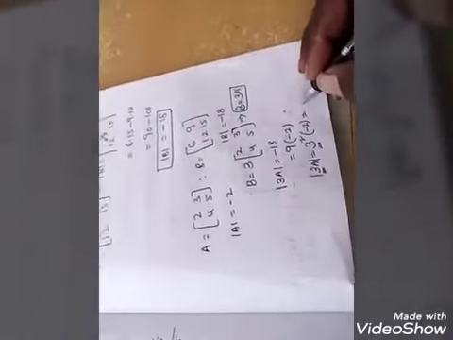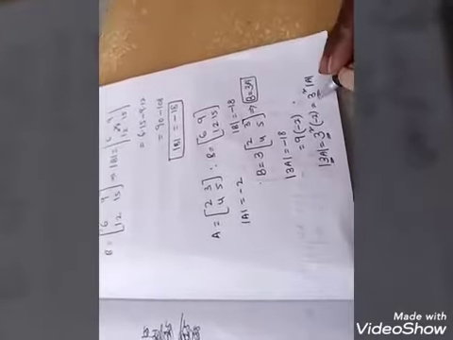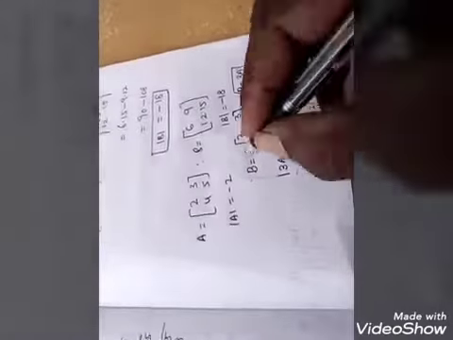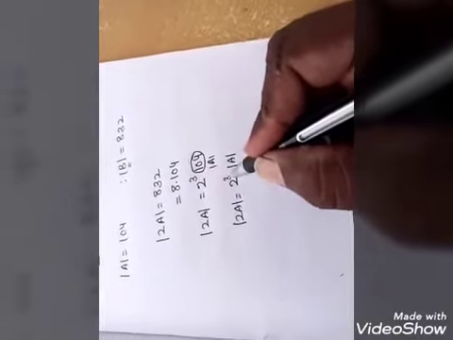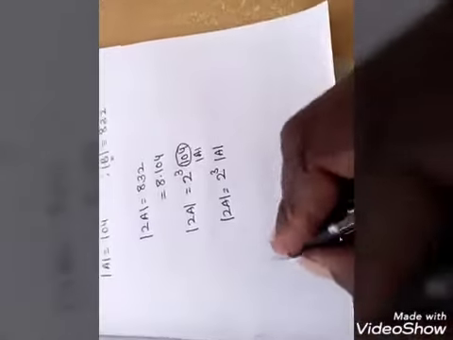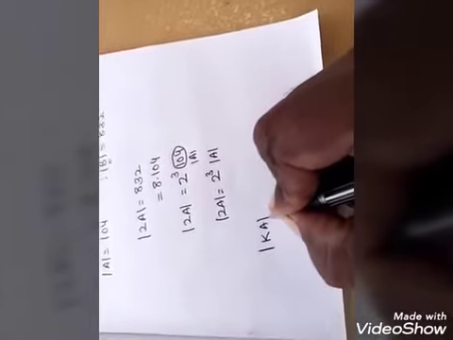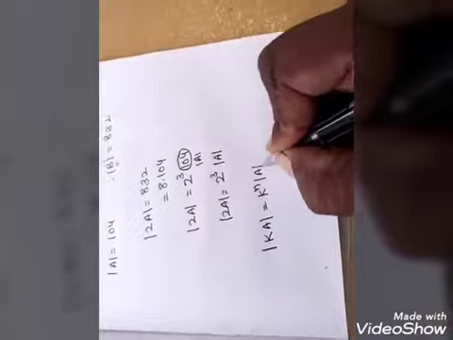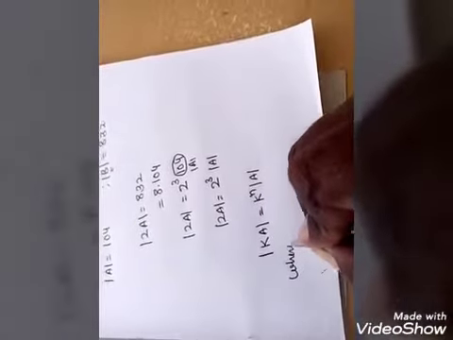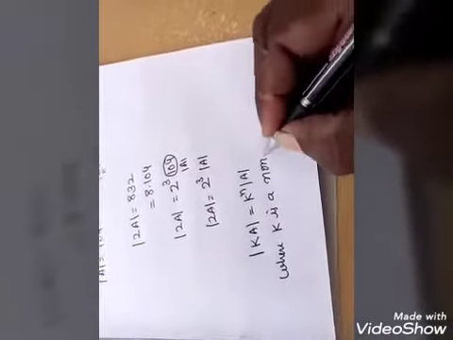And in the previous example you observed, no? This is equal to 3 square into det A. Here it is 3. You got 3 square as the order of the matrix is 2 by 2. Now here it is 2A. You got 2 cube as the order of the matrix is 3. That means what can we write from this? Det of KA, where K is a non-zero scalar, implies K power n into det A, where K is a non-zero real number.